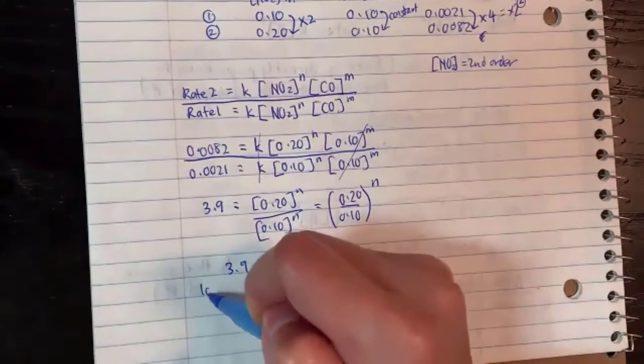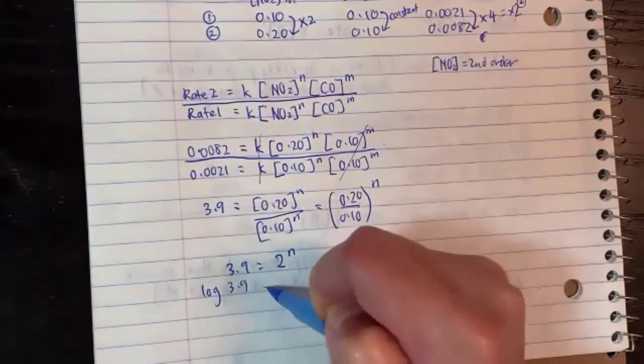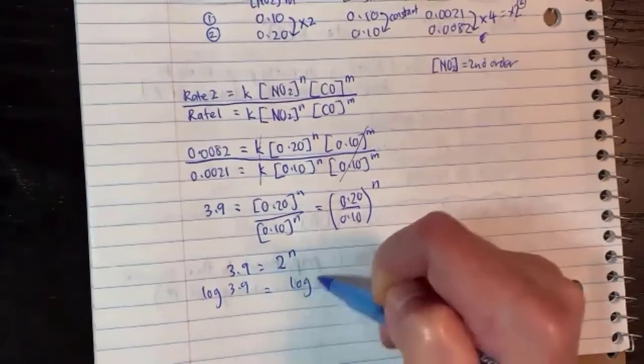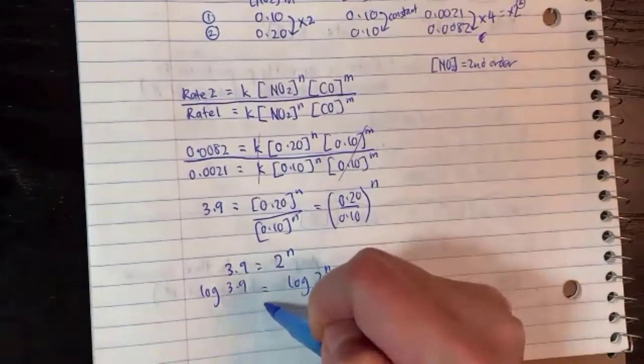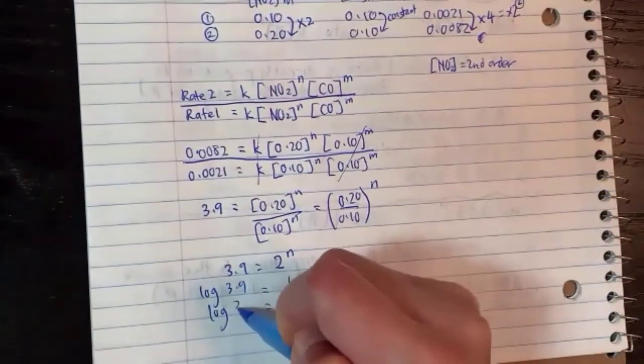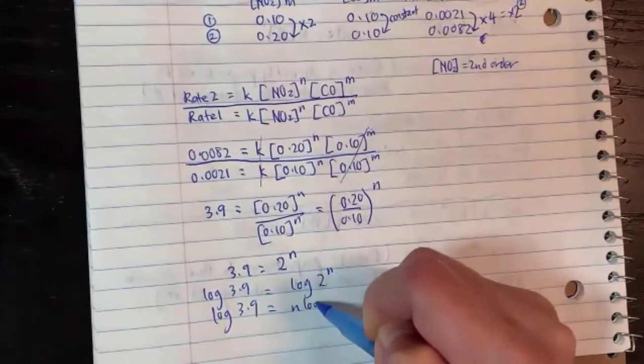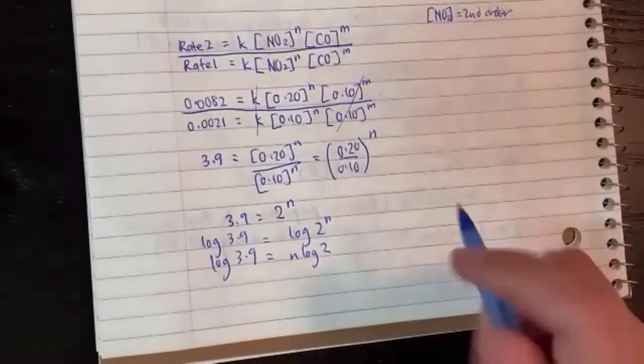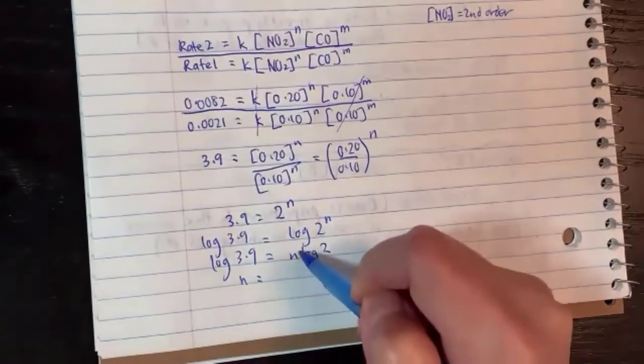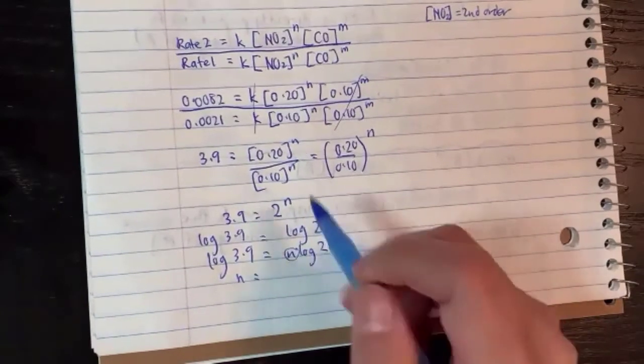So you put the log of 3.9 equals log of 2 to the power of N, and that equals N log 2. And then N is the term on its own here, which is